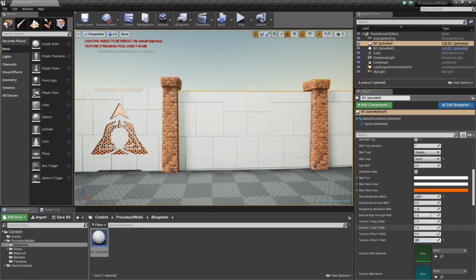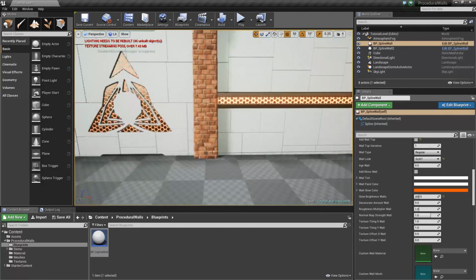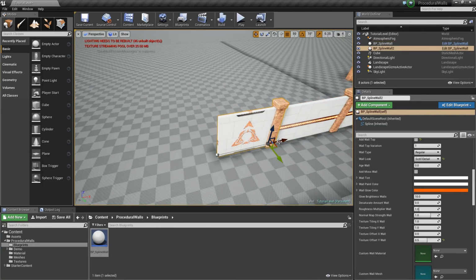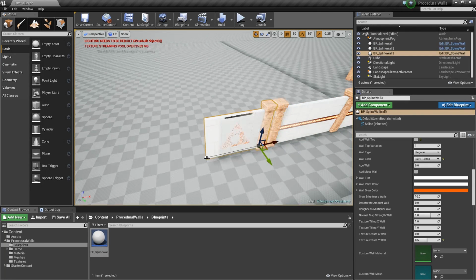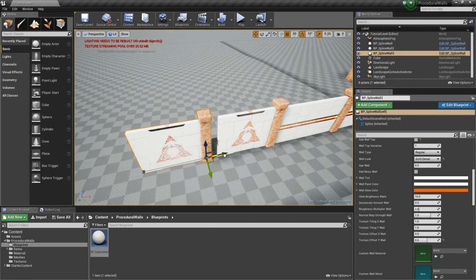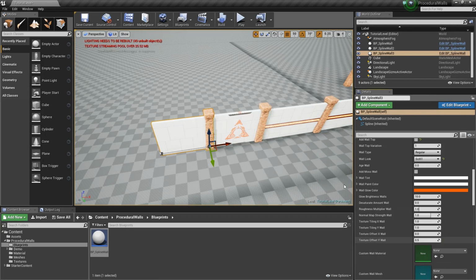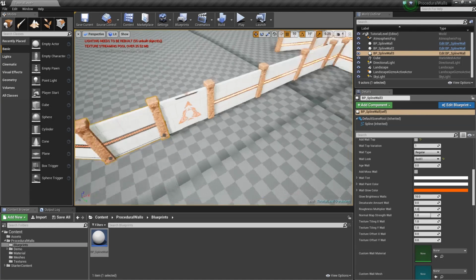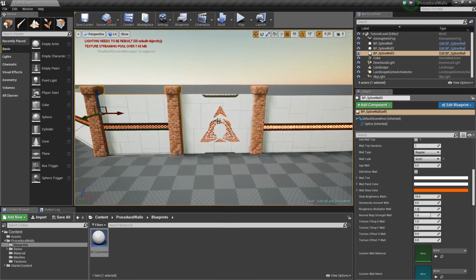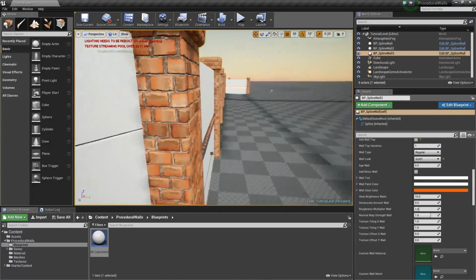And this one we can make 0. And then Alt drag off of the whole object. And we can turn that back to normal. Now we can just carry on building our wall. And then wherever we want to add a little detail, we can add one of these panels,